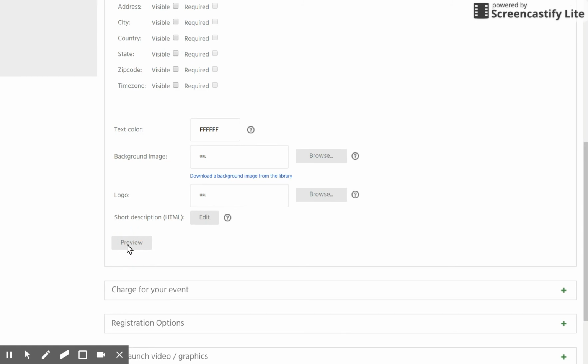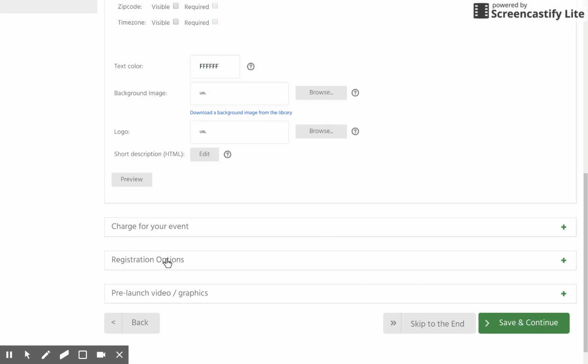This is where you can, and of course you can change all the text color and everything, and that's where you would click to actually register with whichever ones you want. Now we'll close this out. We'll go back over here. You can charge for your event, your registration